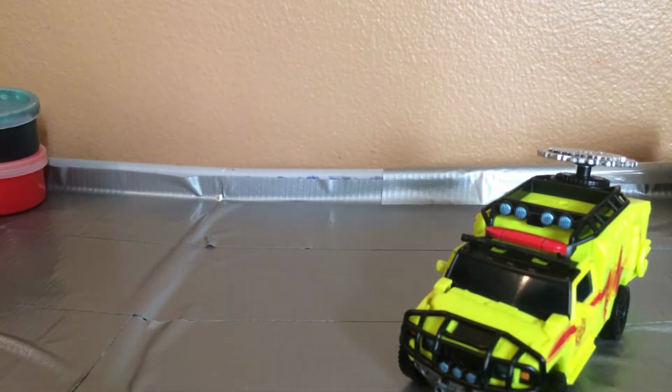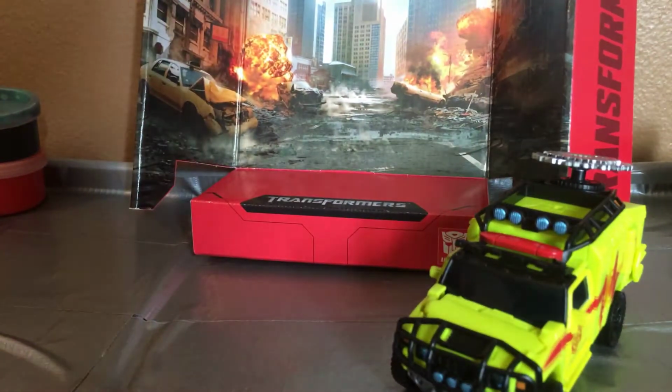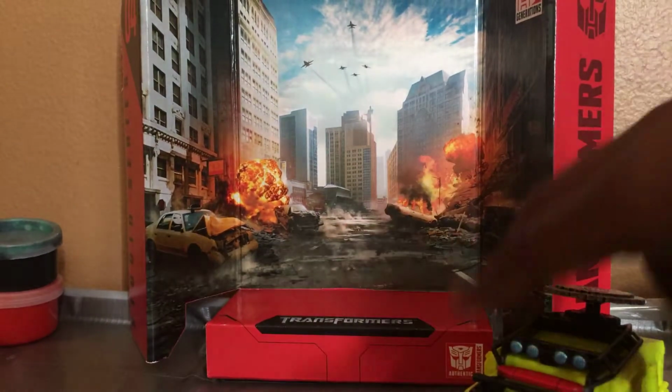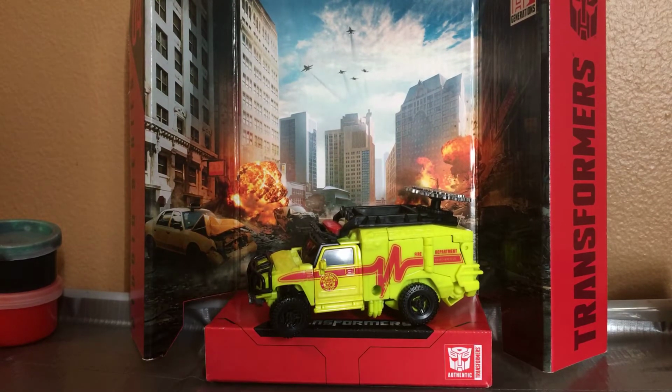What do I recommend this figure, ranking the figure out of 10? I'll give it a solid 5.5. Because this figure is a nice solid figure. I don't have any problems on it, and plus you get a little display stand. What I think this figure needs is more paint. That's all this figure needs. And his pistol that he used